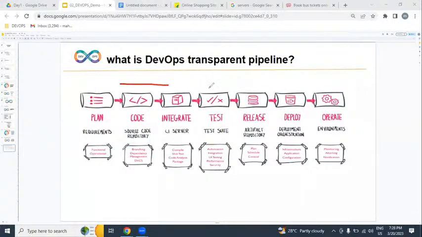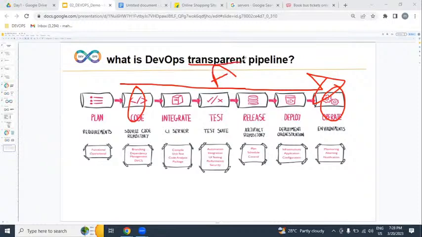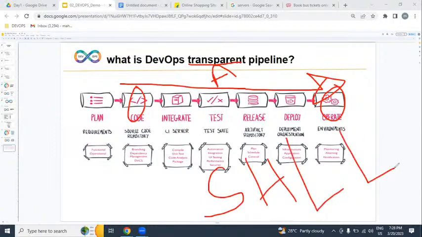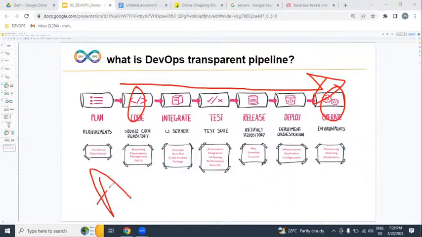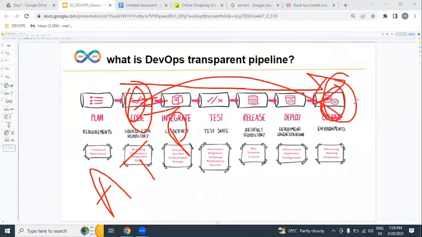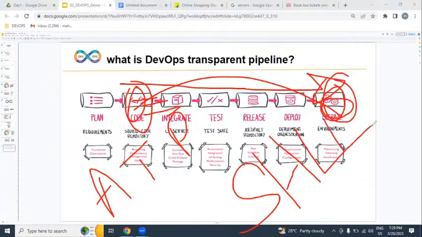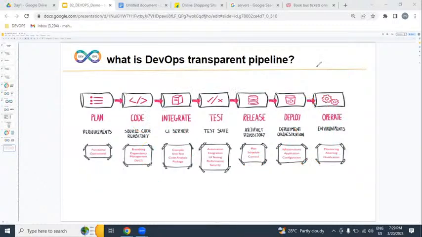We are just going to implement an automated, transparent pipeline from dev environment to operations, while delivering within the shortest time, with high quality, low cost, and low failure rate. We deliver the lines of code written by developers into the production environment. That is nothing but the DevOps process.